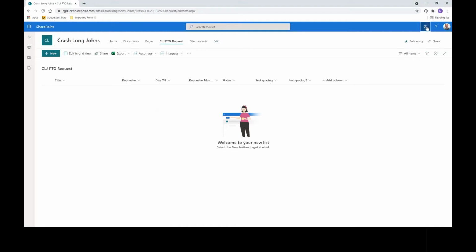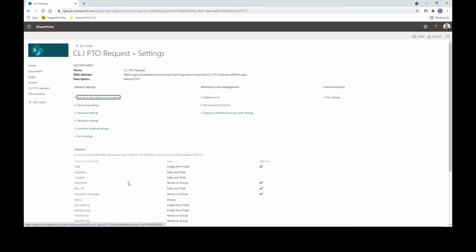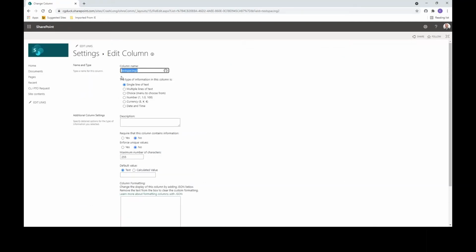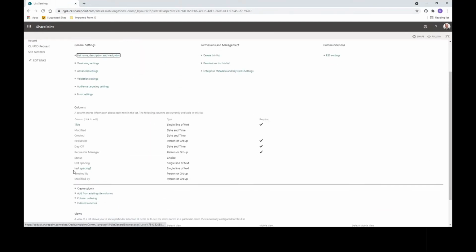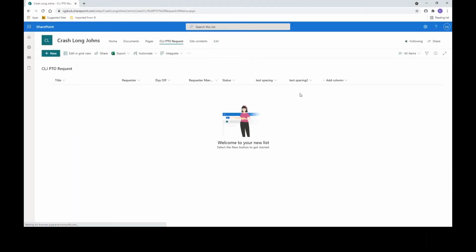Now watch this. If I go back into list settings, and again, if you're doing it in the back end, I click on test spacing 2, because I've created it with no spacing. Now if I space this out and hit OK, you'll see I got test spacing 2. I hover over it, and the field name is still all one word. If I go to the modern front end, there's its space 2. So again,